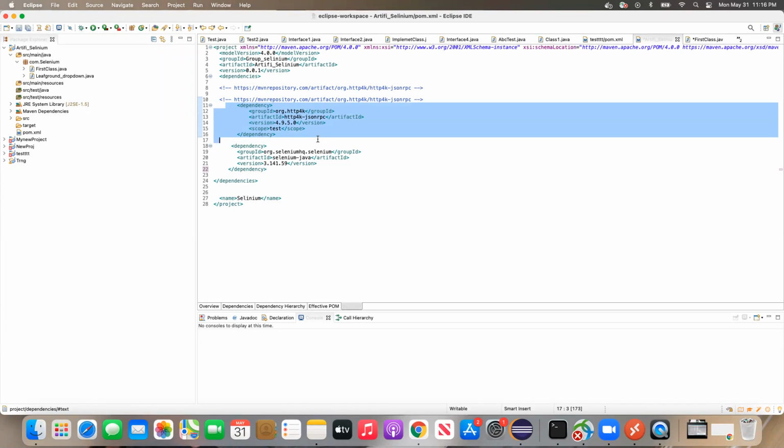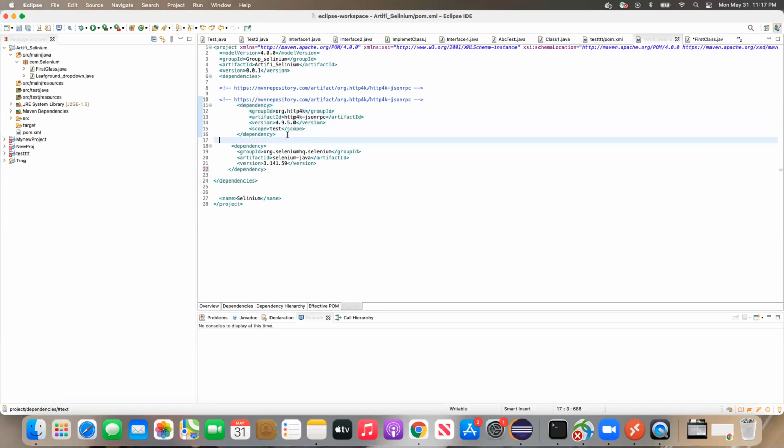That means, for example, you have an RT5 Selenium project, and you have another project called TRNG. This is also a Maven project. Now, in RT5 Selenium, to add a dependency, we go to pom.xml and add the dependency, right?